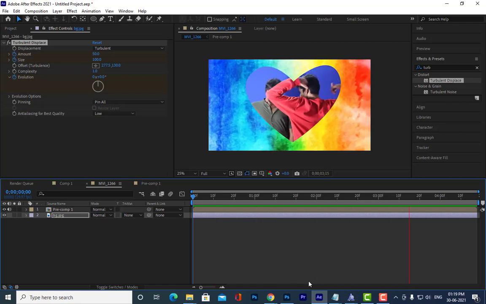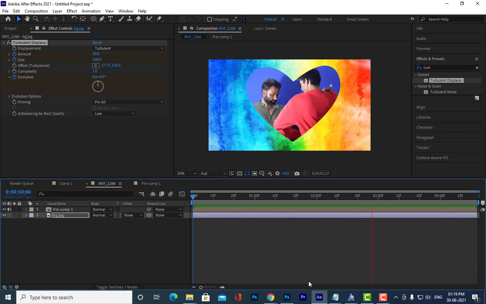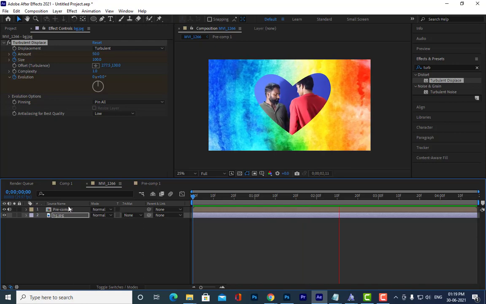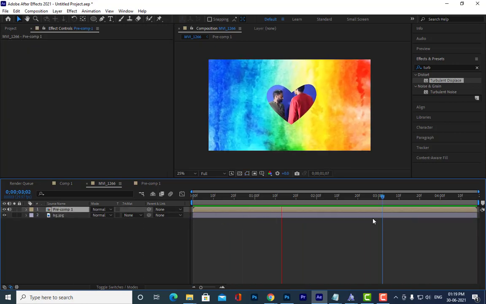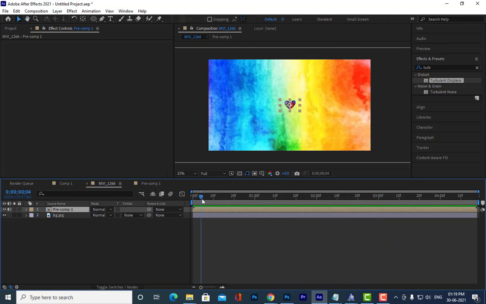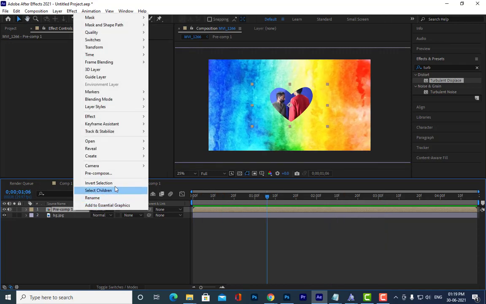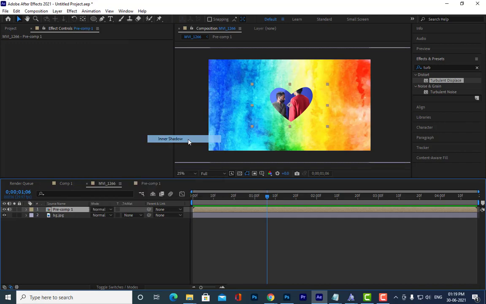Able to understand, Nitin? And you can also try to apply a layer style to this. So how can we apply a layer style? Simply right click, layer styles, and we'll use the inner shadow.